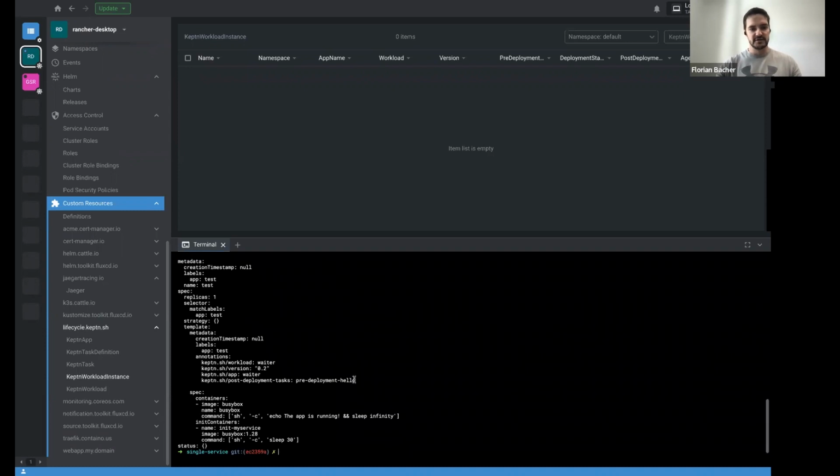And here you see the Keptn annotations. So it's part of the Waiter workload. It's going to be deployed in version 0.2. It's part of the Waiter app. And the post-deployment task that should be executed is the pre-deployment hello task. All right. And at the top part of my screen, you see the Keptn workload instances that will be created by the Lifecycle Controller. So far, there is nothing, but now I'm gonna